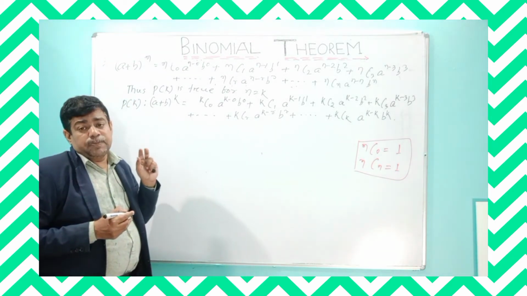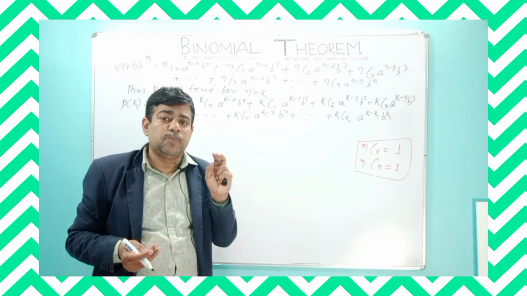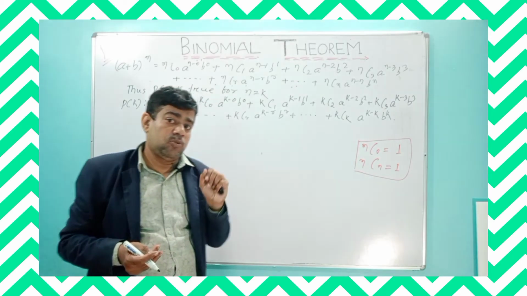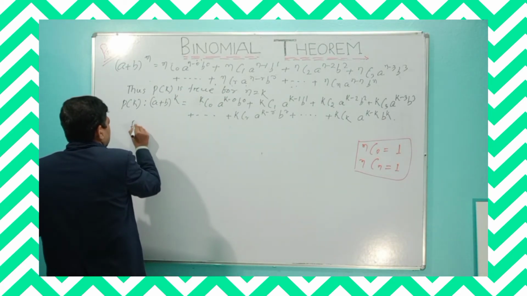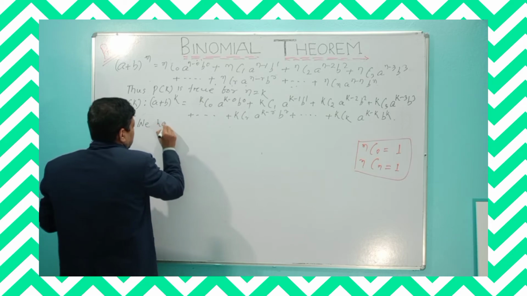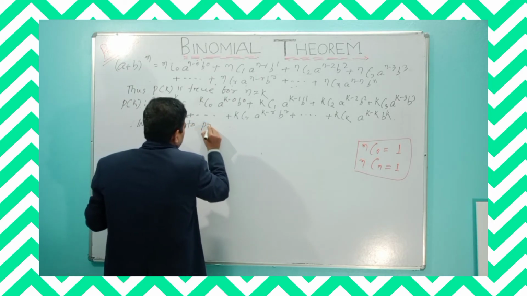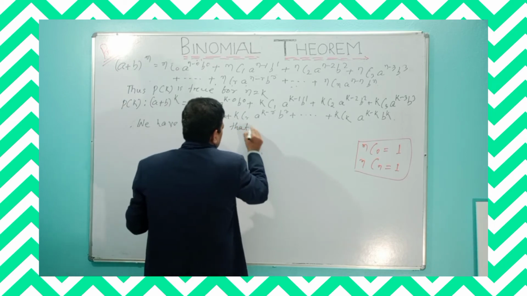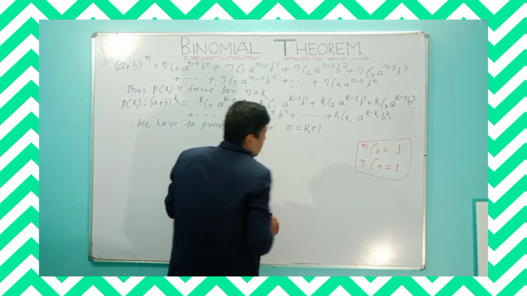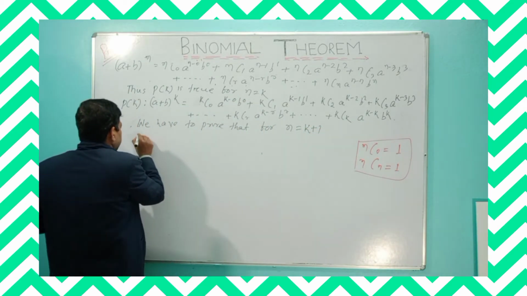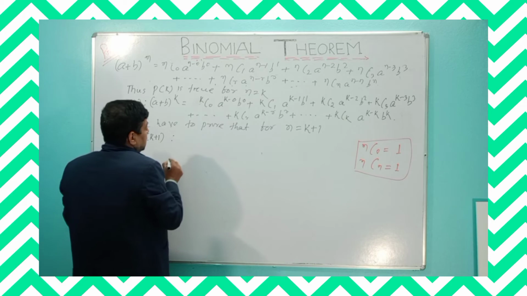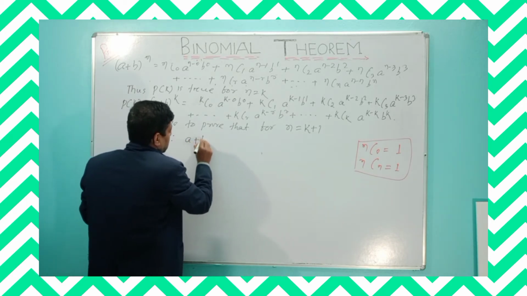So the statement Pk is true, since first of all P1 is true. If P1 is true, Pk is also true. We have to prove that Pk plus 1 is true, that is, for n is equal to k plus 1. If we can prove for n is equal to k plus 1, then the statement Pk plus 1 is true. It means we have to prove that a plus b whole to the power k plus 1 is